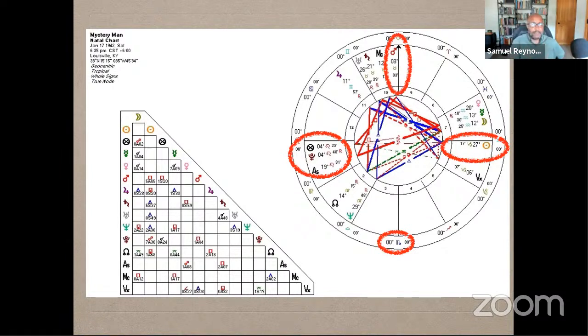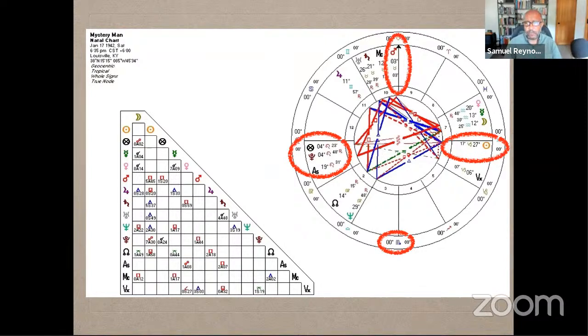Now, this is where it is sometimes confusing because when you're using whole sign houses, the actual descendant marker is 19 degrees Aquarius, which is where this Venus is. So the sun is not close to that. But the sun is still what we could see somewhat angular from just looking at whole sign houses. But what is definitely angular is the moon, the Mercury, and the Venus. So Venus, the Mercury and the moon are going to configure very largely in this person's life. When I say these planets have the best seats in the house, they're going to show up in some permutation related to this person's life.